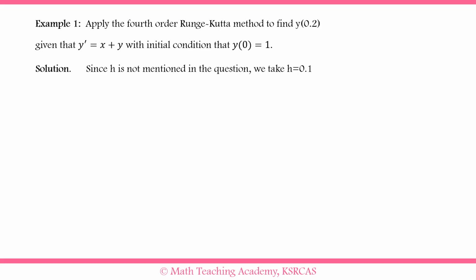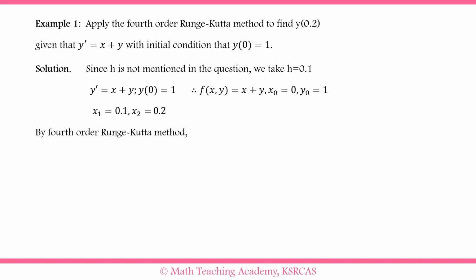Solution: here h is not mentioned in this question, so we take h equal to 0.1. So y dash equal to x plus y, y of 0 equal to 1. Therefore, f of x comma y equal to x plus y, x naught equal to 0 and y naught equal to 1. So x1 equal to 0.1 and x2 equal to 0.2. By fourth order Runge-Kutta method,